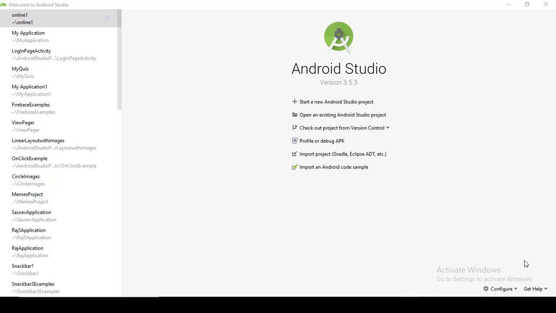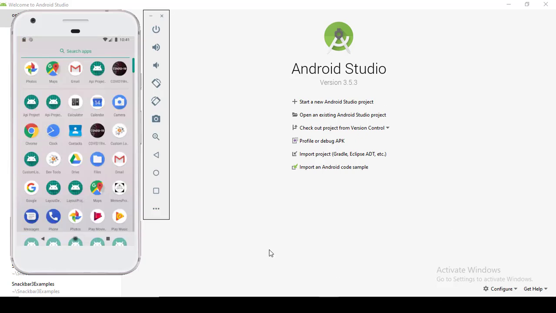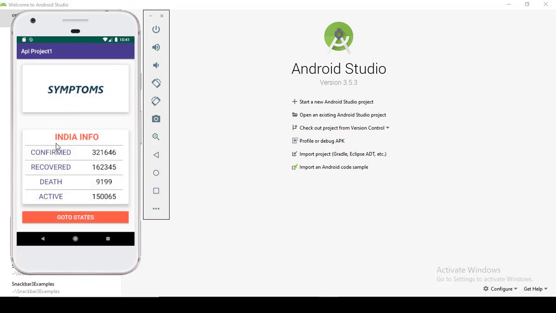My name is Saurabh and today we are going to make a COVID-19 tracker app. So the app we are going to make is like this. Here we have tracked the data of the country India, that is confirmed cases, recovered cases, number of deaths and active cases. And here we have set an image slider inside the card view, and this image slider slides automatically, and